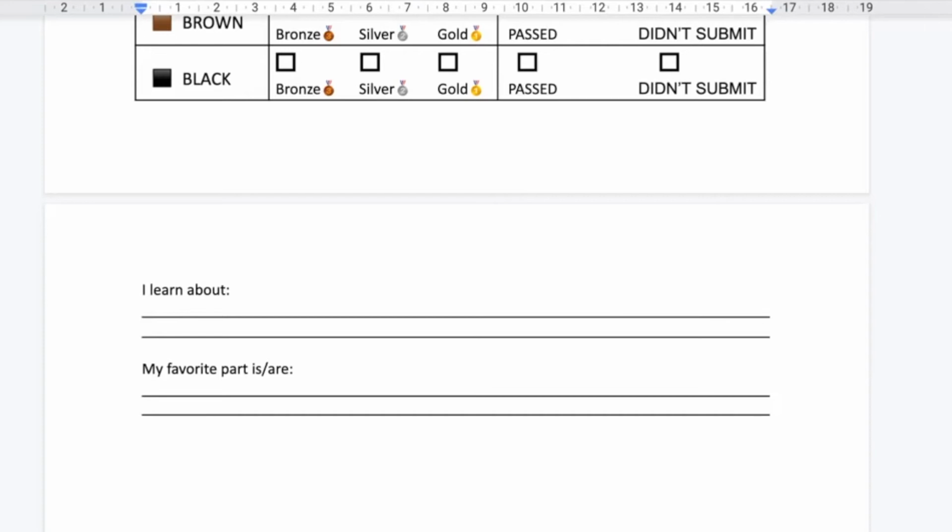And also, not only this part will they need to fill out, there will be an open-ended question. I really wanted to know what they learned from the overall unit. What kind of learning will it be? An affective kind of learning? Will it be a cognitive kind of learning? I really wanted to know what specific takeaway they had, if they remember anything from the entire unit. And at the same time, I would like to know which part is their most favorite.